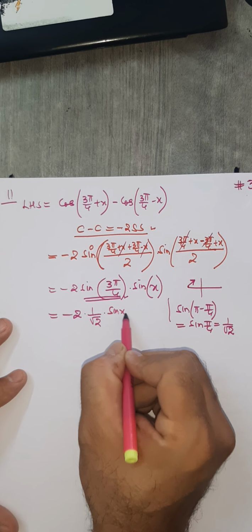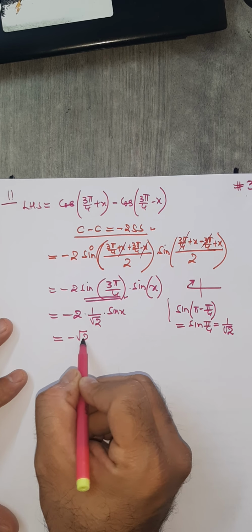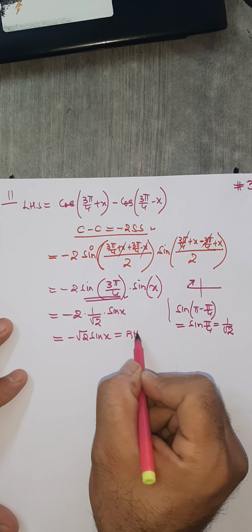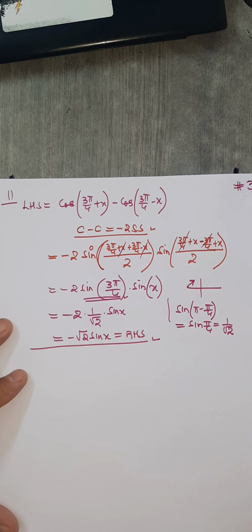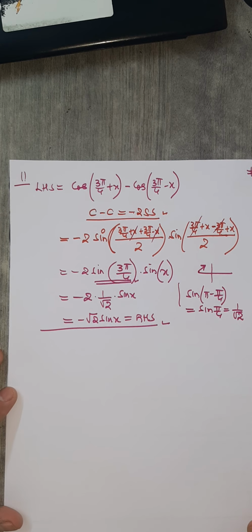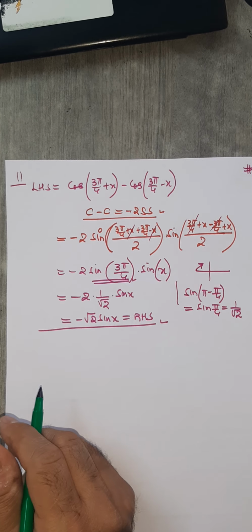Sine x as it is. Out of 2, one root will get cancelled. So minus root 2 sine x. This is your RHS and therefore proved. So therefore LHS equals RHS. Okay, so I've used the vector formula here, remember. Next I'll go to